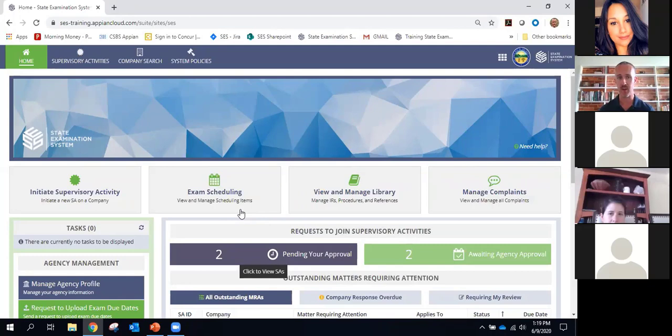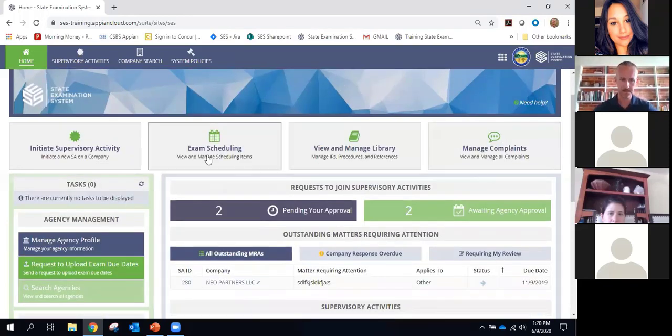The term staff director just means this person has the authority to schedule exams and direct the activities of a number of staff in their state agency. So you'll see that in the options that they have. They can kick off a new exam here. They can start scheduling exams here. We've got this library, which I've been talking a lot about. That's here. We're not going to jump into that today because I'll show you the results of our hard work in the library in this demo. And then finally manage some complaints.